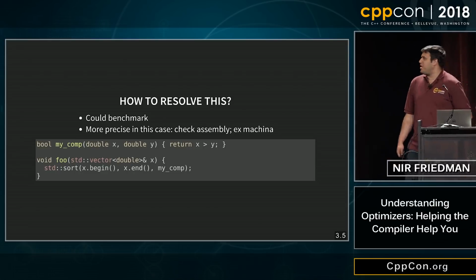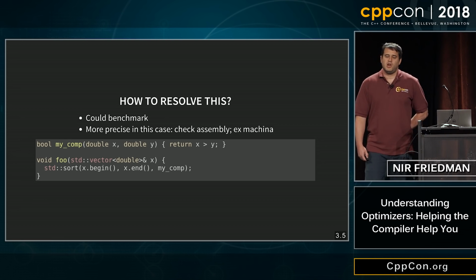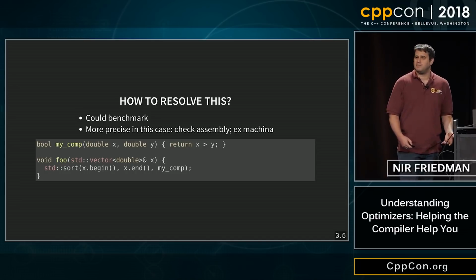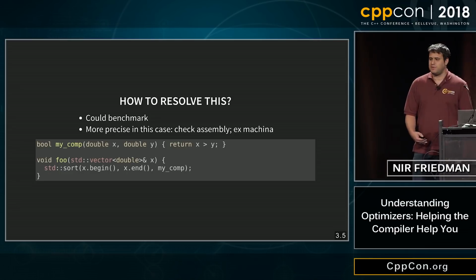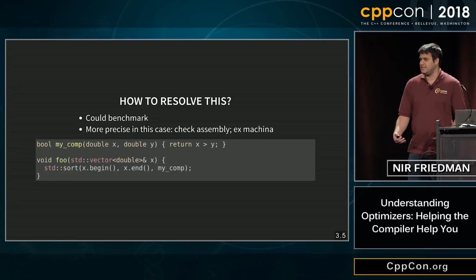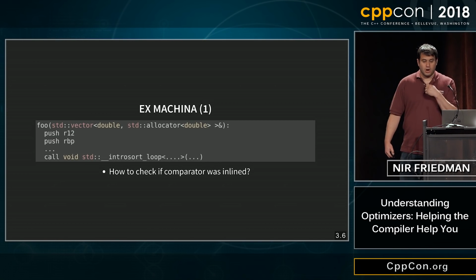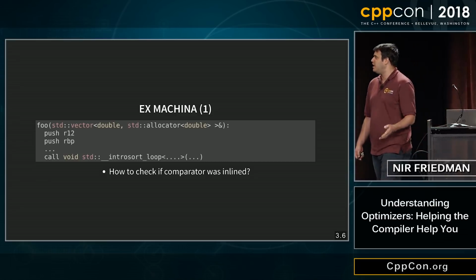Okay, so how can we resolve this? Well, we could run a benchmark, but you know what? If you think the assembly might be identical, it's actually a lot faster just to look at the assembly and diff it, and it's more reliable because measurements have noise, right? And there are also a lot of pitfalls. So you look at the assembly for one, you look at the assembly for the other, and then you see whether it's exactly the same. And if it's not, then you can benchmark them and think about which one's faster, right? So we're getting whether there's a difference or not straight from the machine itself.